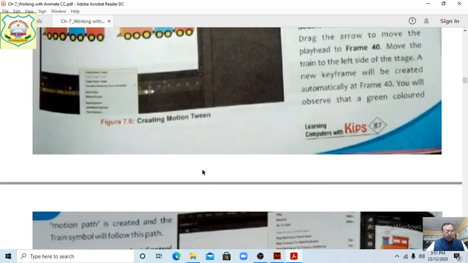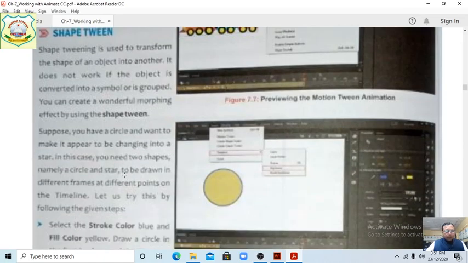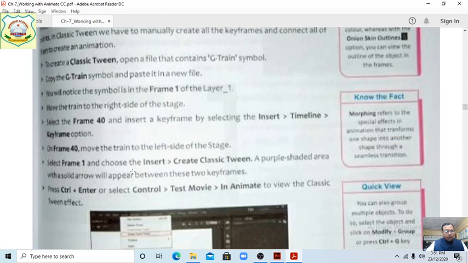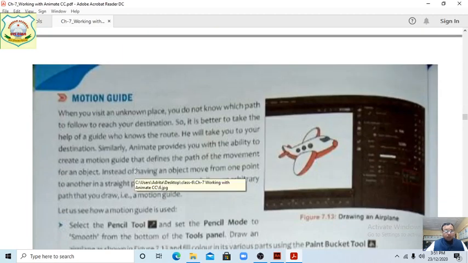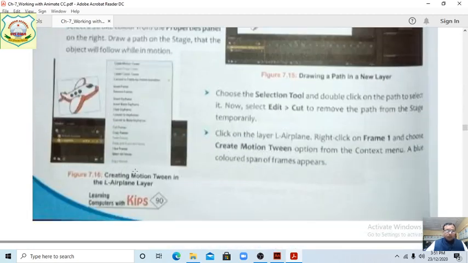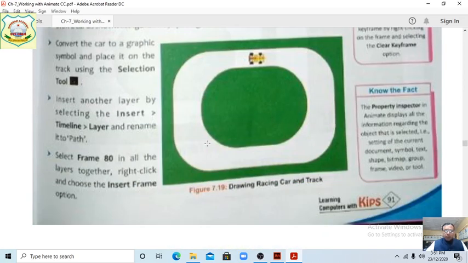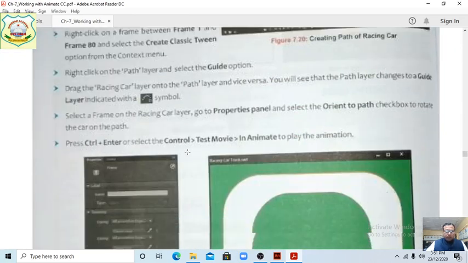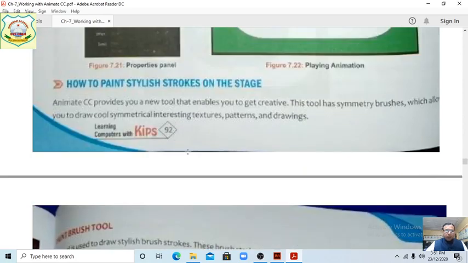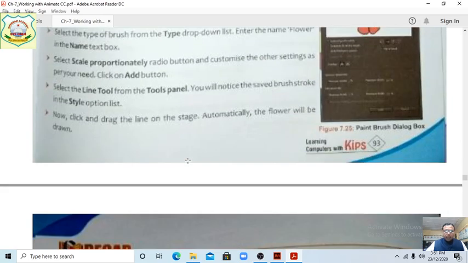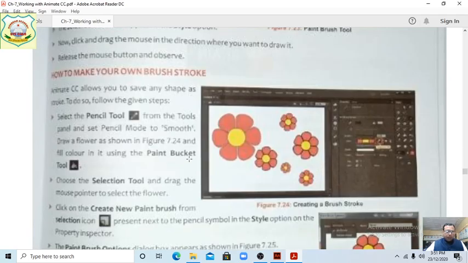After that, how to change the shape tween, clear, students? Classic tween, motion guide, classic motion guide also we have done with this track. And after that, how to paint stylish strokes on the stage. And at last, how to make your own brush stroke.